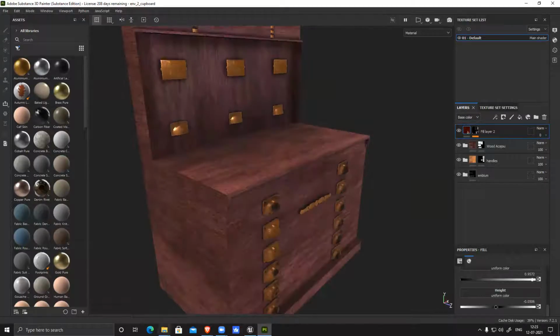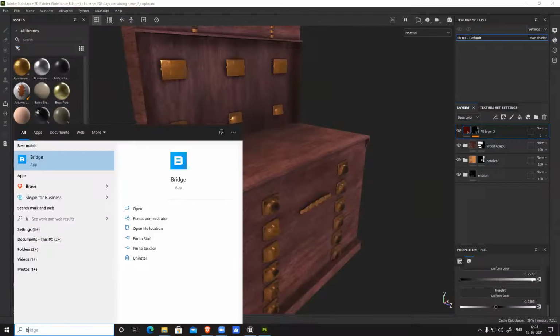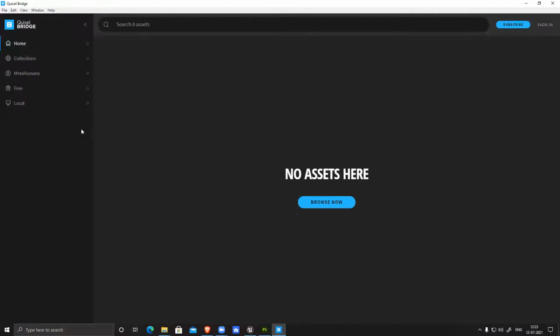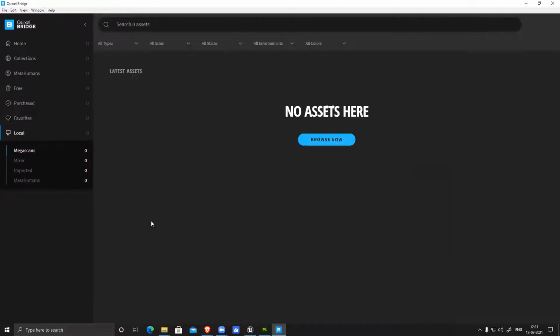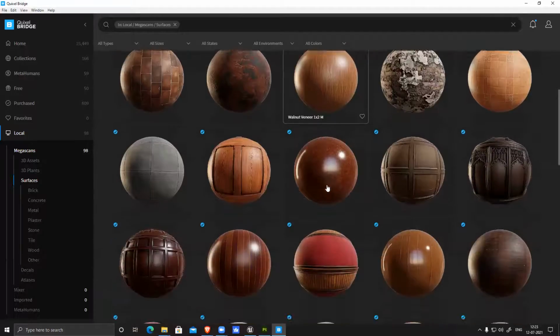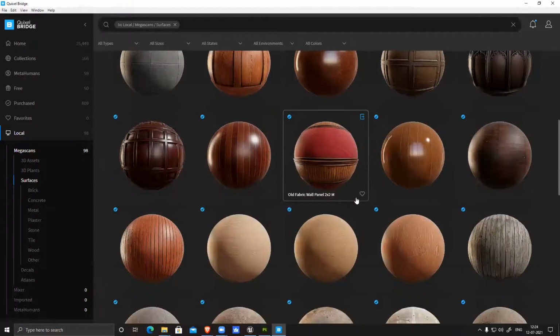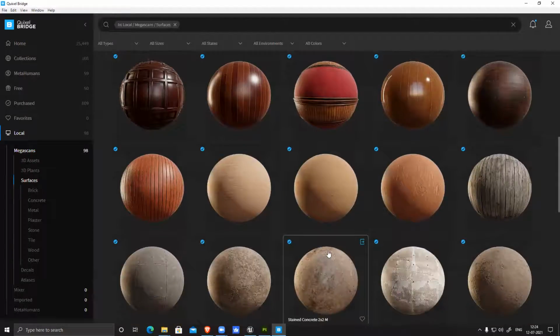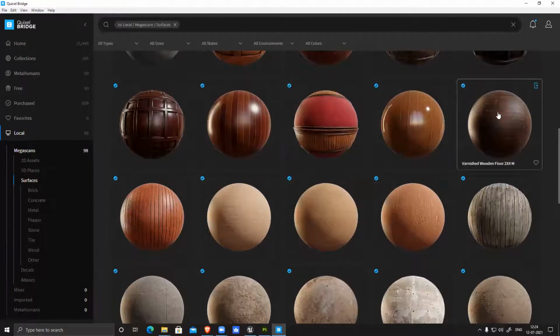Oh, this is your wood, right? Yes, sir. Bridge has tons of very good quality wood. So let's see. I just open it and load. I have a lot of surface details already. You can see the wooden surface. I have downloaded a lot of wooden textures previously, so I can use any one of them. This also looks kind of fine.